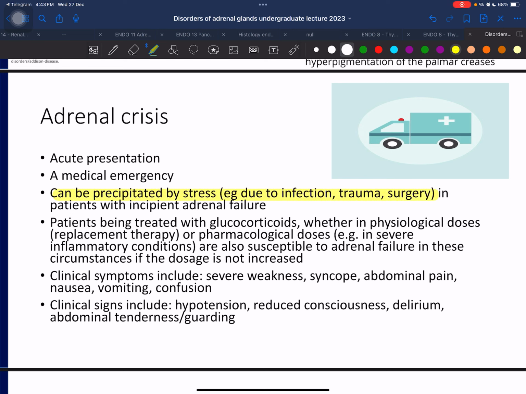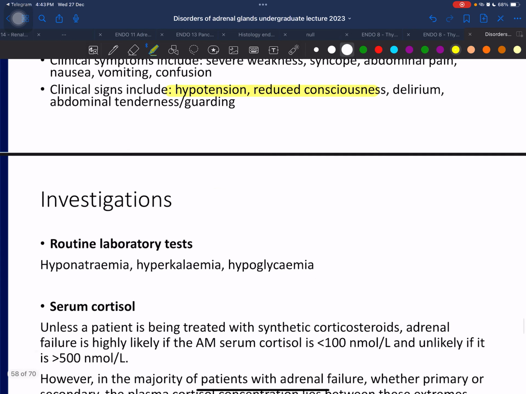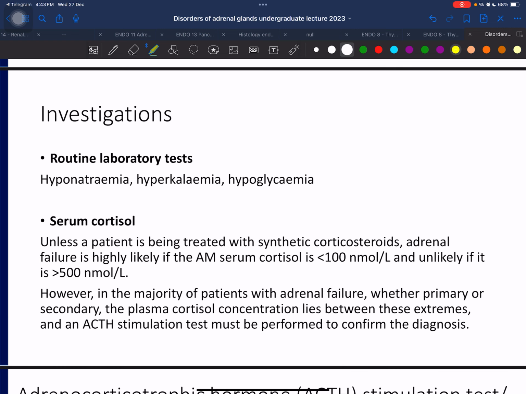Okay? And what investigations? Again, all the investigations that can show you adrenal insufficiency. Okay? Serum cortisol, random serum cortisol is not very useful, but some of the clinicians do use it. If the AM serum cortisol is less than 100, okay, there's a chance that the patient might have adrenal insufficiency. Okay? It is unlikely if your serum cortisol is much higher. However, you have to note that a lot of patients have serum cortisols in between. I'm talking about random or AM serum cortisol. Okay? There are serum cortisols in between the two extreme ranges.